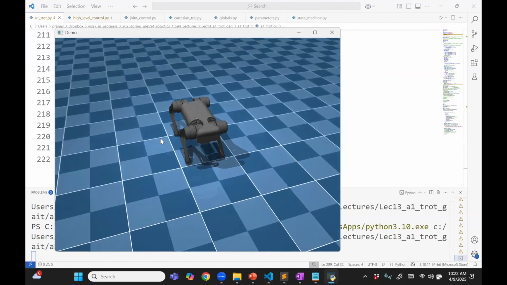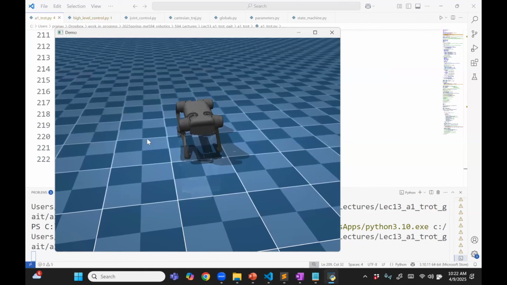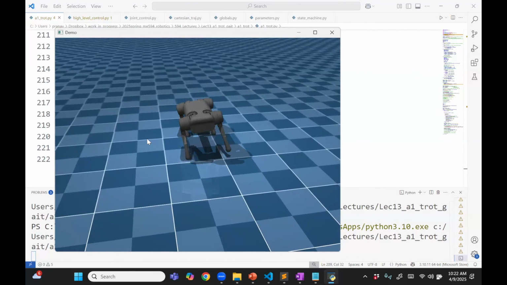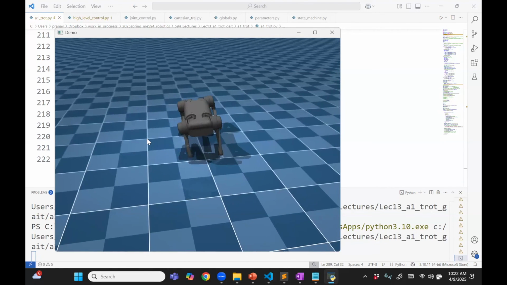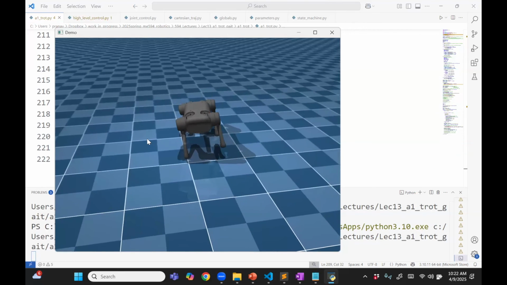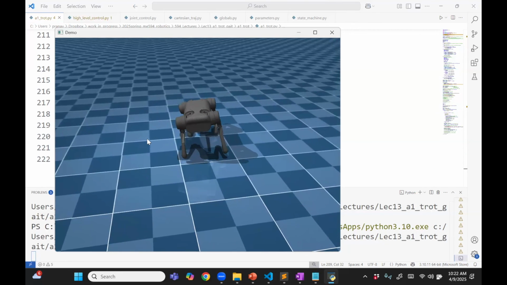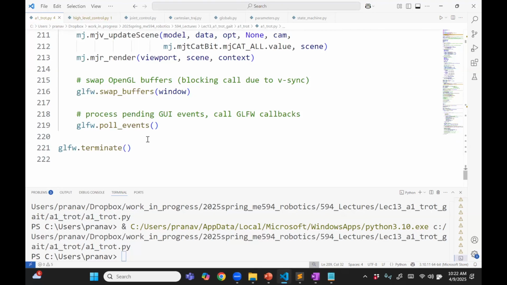We need this view. You can see it's actually going to the right. It's struggling, but it's going to the right. So we sort of got the basic motion there, but it's still struggling. In fact, you can see that it's rolling back and forth. It shouldn't be doing that. The trunk is not perfectly flat. So we'll fix